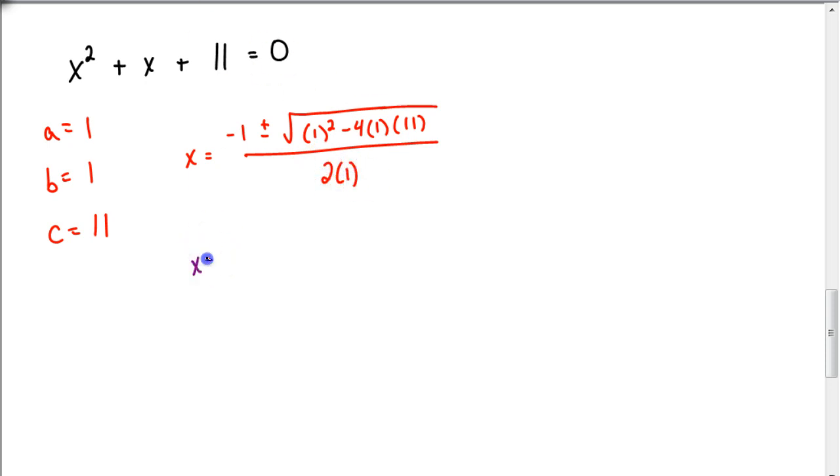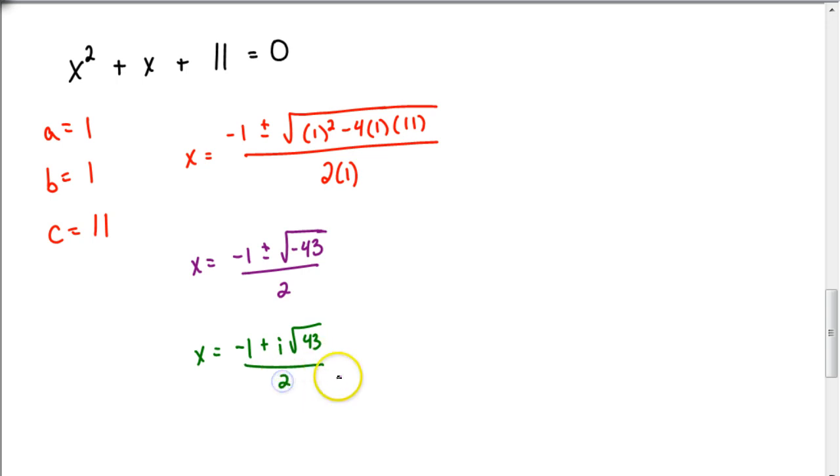So again, when we go to simplify this, under the radical here, I would have 1 squared, which is 1. Negative 4 times 1 is a negative 4, times 11 is a negative 44. So I'd have 1 minus 44, which is negative 43. Now this is a unique problem because 43 is a prime number. So for this one, all I have to do is take out an i, because I can't leave that as a square root of a negative 43. So this is going to be x equals negative 1 plus i times the square root of 43 divided by 2,